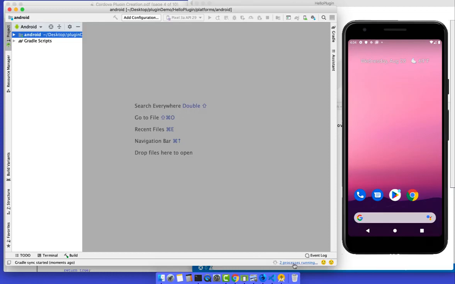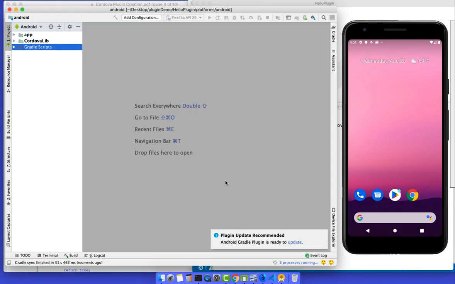Here you can see we have two processes running, so let it complete. Also you can see how you can import the application in Android Studio, because sometimes the plugin will mismatch, or sometimes the Android Gradle plugin will be updated, because in Cordova they are using the previous version of the Gradle plugin.